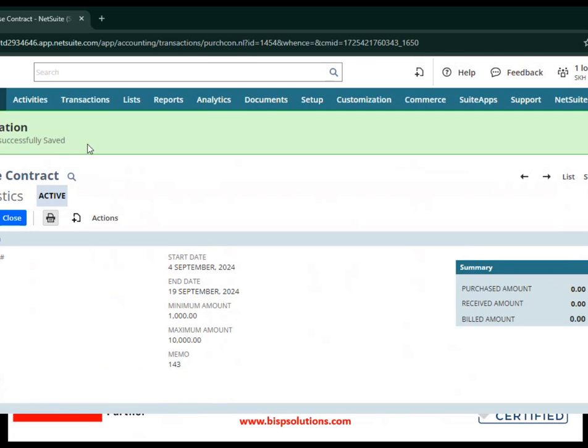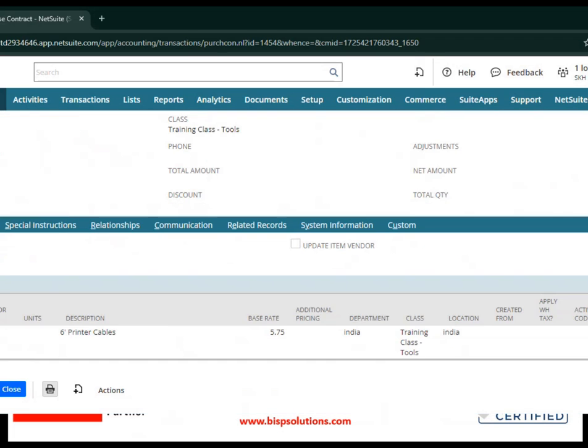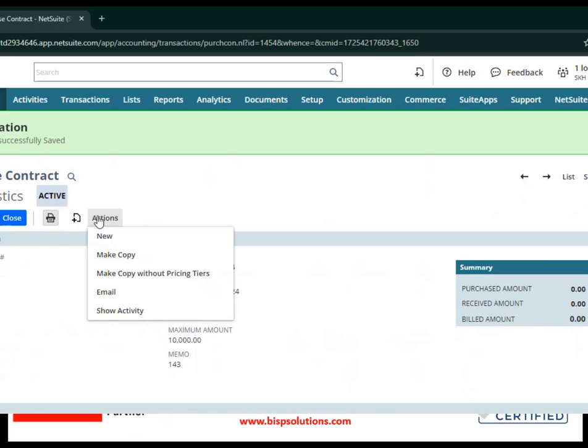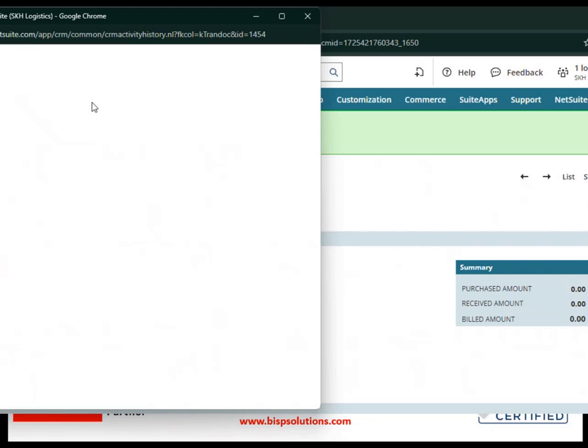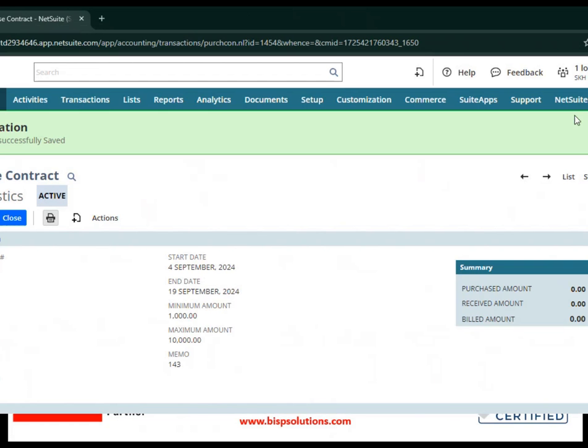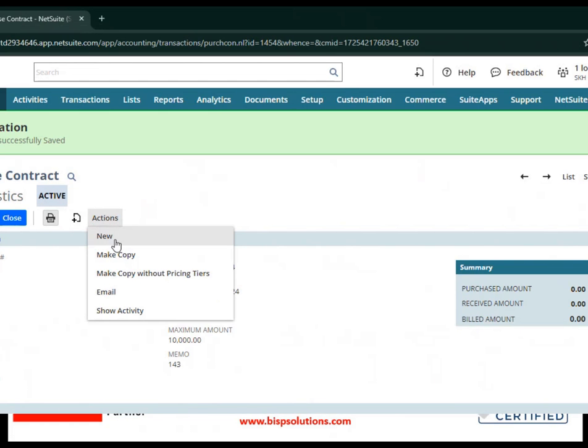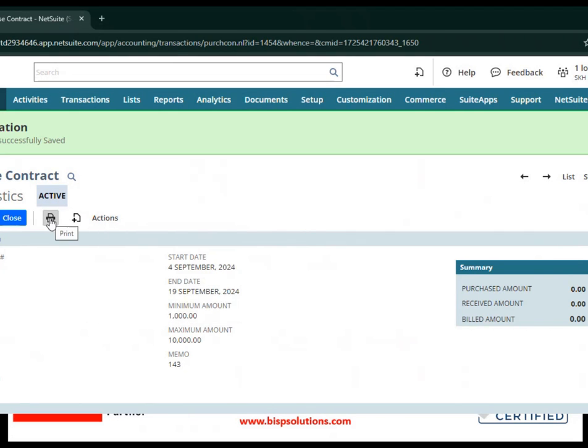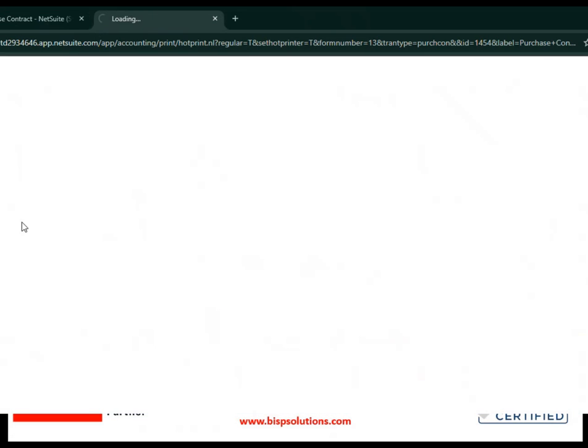So here you can see the confirmation is given to us, like transaction is successfully saved with SK Logistics, purchase contract is made. Okay, so if we want to make a copy, we can make it from here. Also, if we want to see the activity, which is not present here, so we can't see here. And if we want to make a new contract from here, you can select this also. Or if you want to print the purchase contract here, it will be